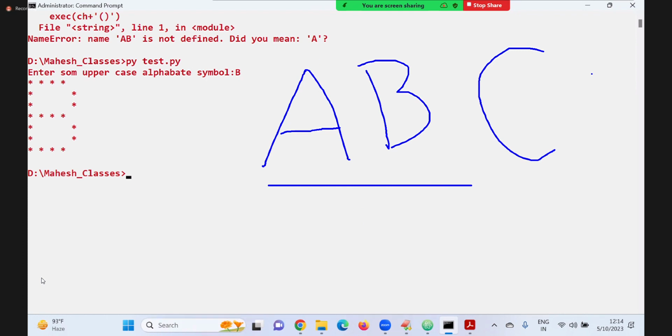In the first row of A, if there is one star, one star. In B, if there are 3, 3 stars. So here, first 1 star. Next in B, how many are there? Assume 3. Next in C, how many? Maybe 3 only, assume 3. It should print like this. Next, for the shape of A, in the second row 2 stars should come. B has 1 star. Next C should have 1 star. In this way, we have to print the shape row by row, horizontally.